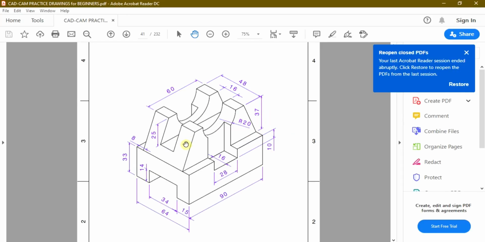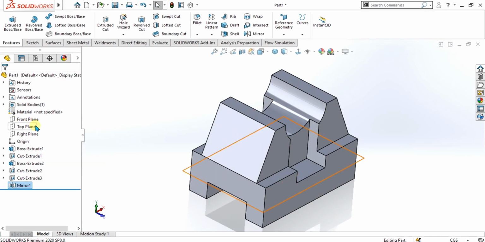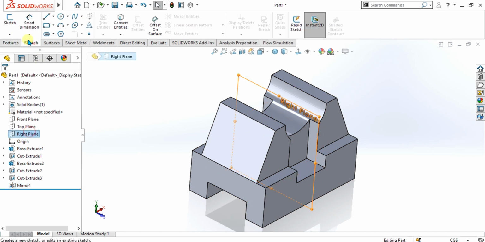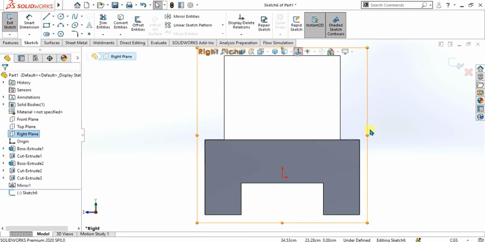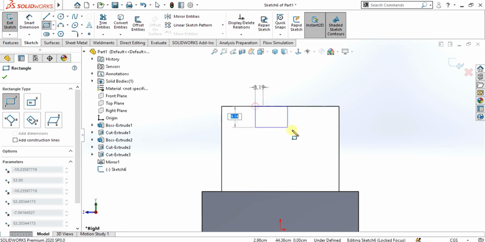Now we are going to make this rectangle and this face. The width of the rectangle is 16 and length is 25. So we will simply select the right plane. The length is 25 from here and the width is 16.